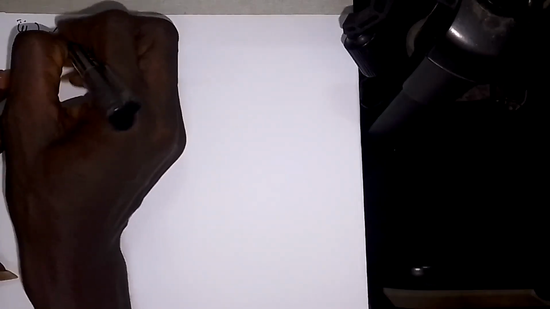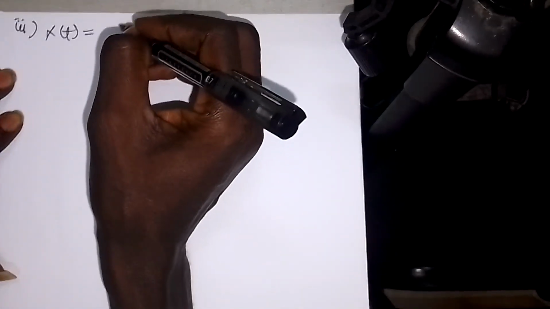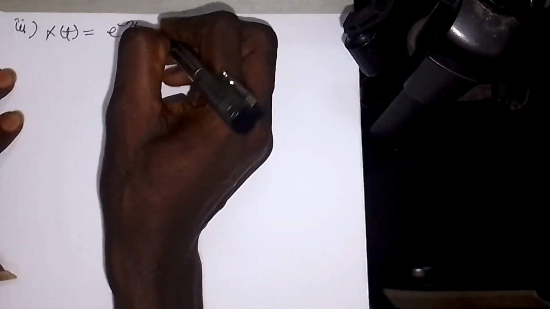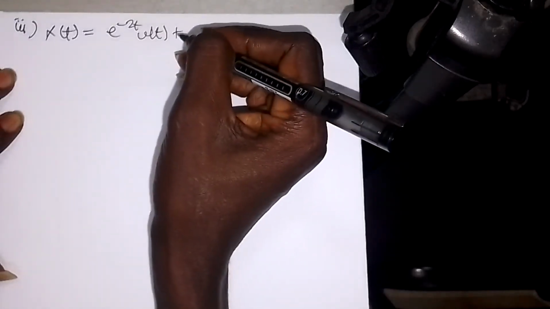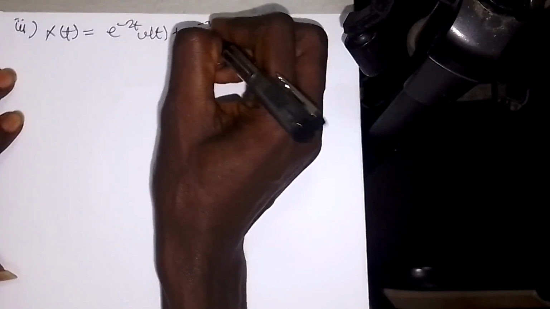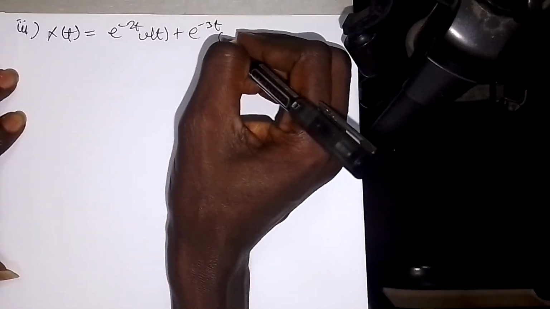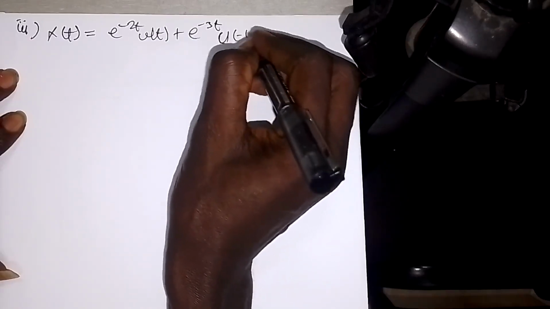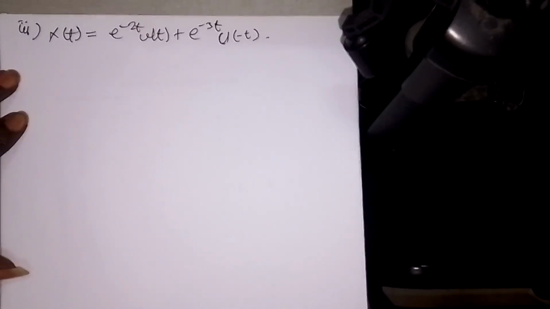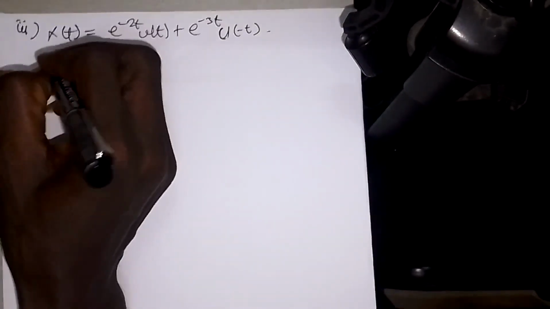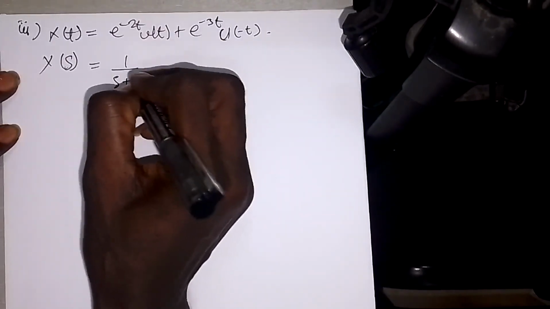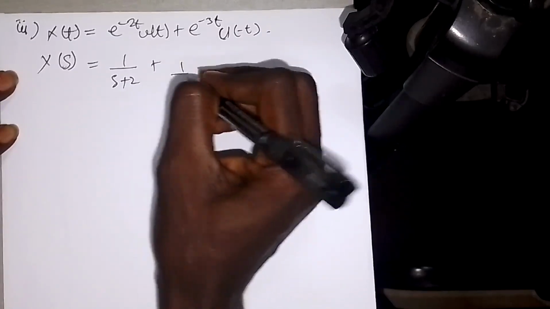So the third one is x of t equals e exponent minus 2t into u of t plus e exponent minus 3t into u of minus t. Now let's take a look at this one. Taking Laplace transform of both sides, we have x of s equals 1 over s plus 2 plus 1 over